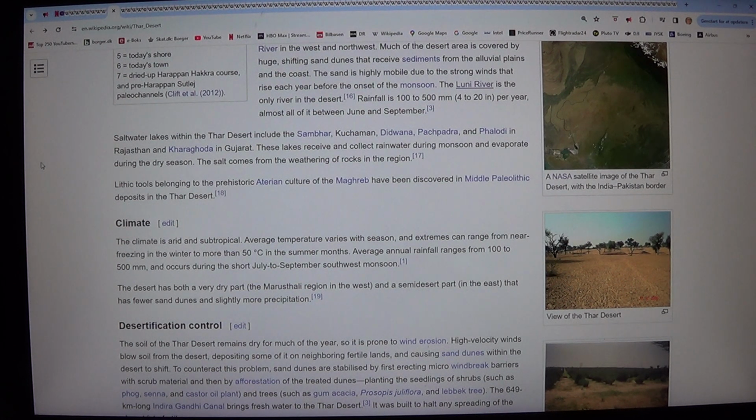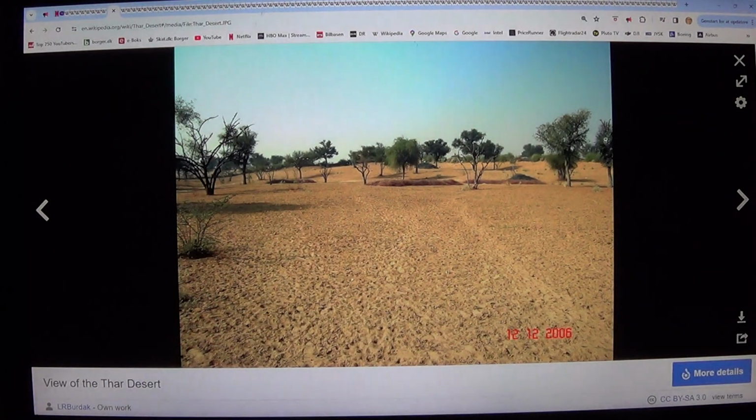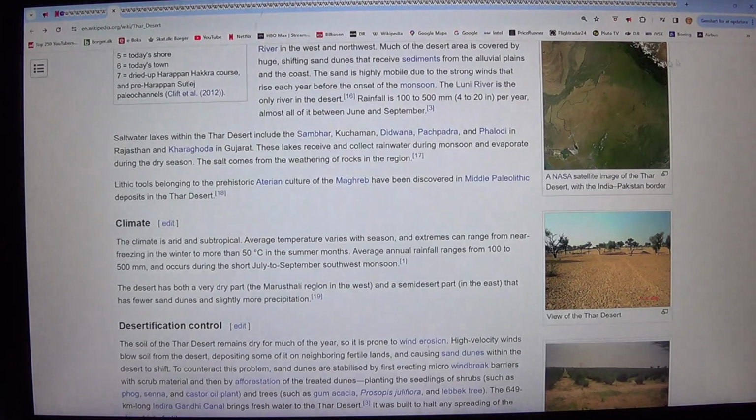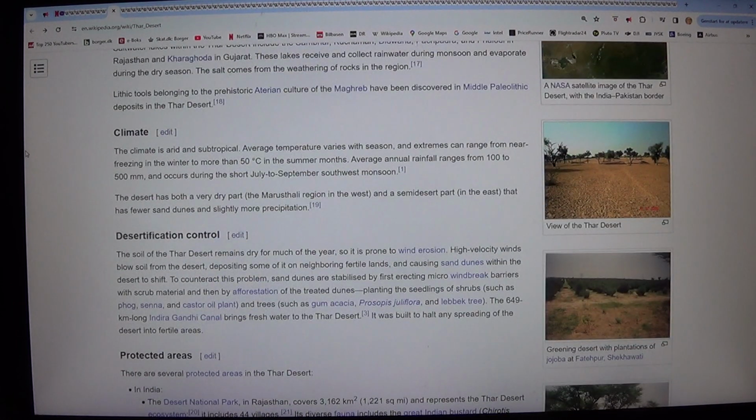These lakes receive and collect rainwater during monsoon and evaporate during the dry season. The salt comes from the weathering of rocks in the region. Lithic tools belonging to the prehistoric Aterian culture of the Maghreb have been discovered in Middle Paleolithic deposits in the Thar Desert.